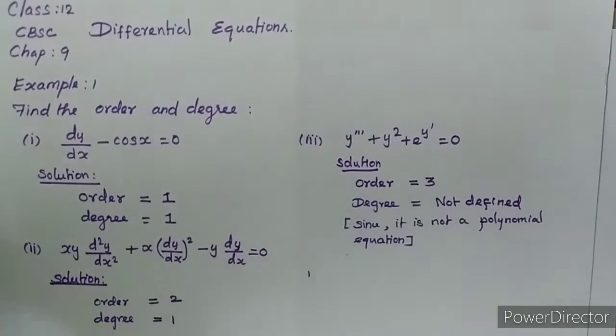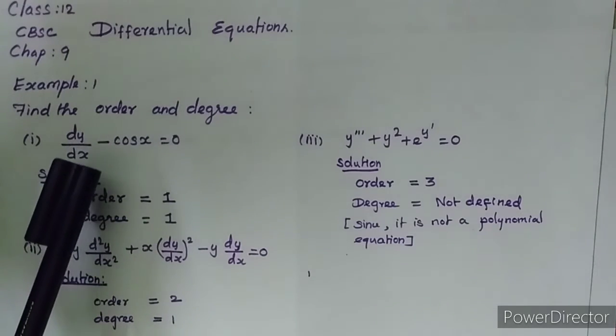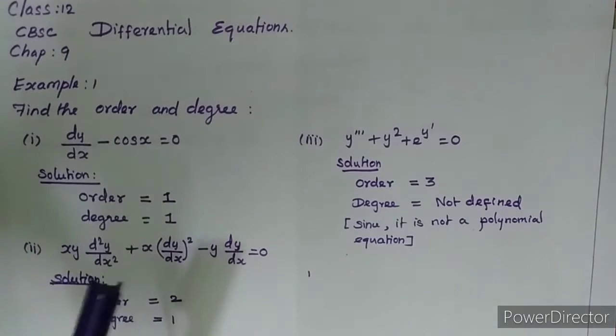Example number 1 is find the order and the degree of the differential equation. This is subdivision number 1. Order means the highest order derivative. For example,